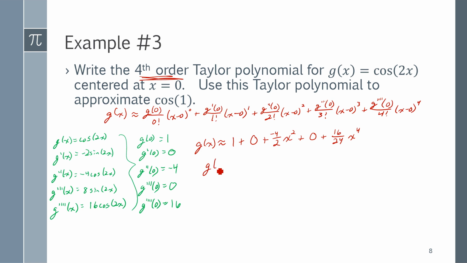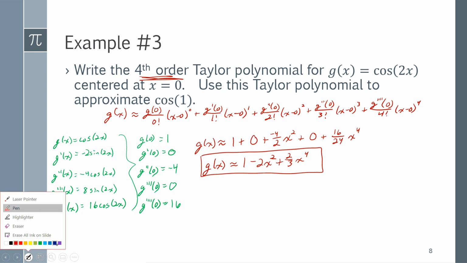The more common way is I wouldn't have written the 0 terms, and I get 1 minus 2x squared plus 2/3 x to the fourth as my Taylor polynomial. So then, using this to approximate the cosine of 1. The cosine of 1